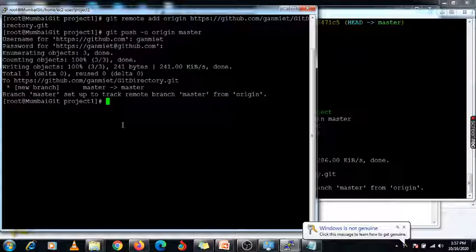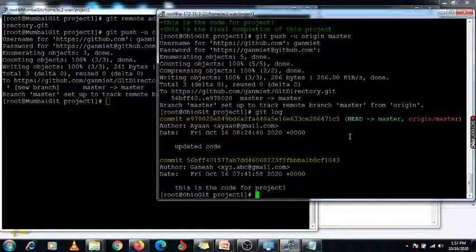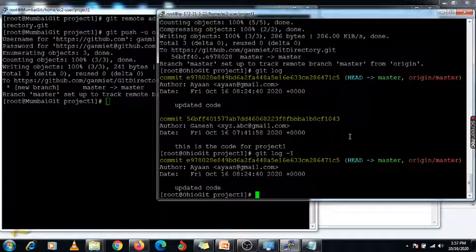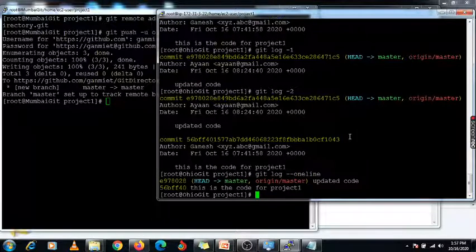So basically there are some other commands we can also use, like the git log command. With this command we get the commit id. There are multiple commits available. If you want to specify a particular number of commits, then you need to specify -1, so only one commit. If you want to display two lines, then you can use the -2 option. Normally we use the -1 option. So here you will get whatever commit is available in one simple line.